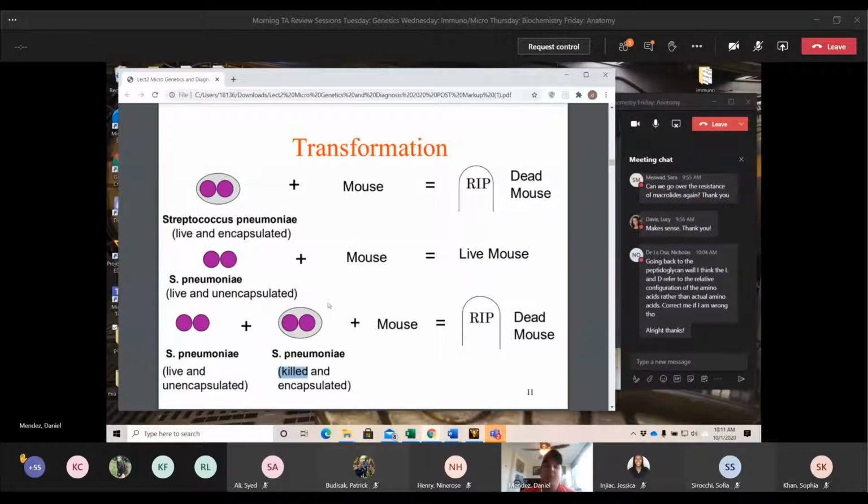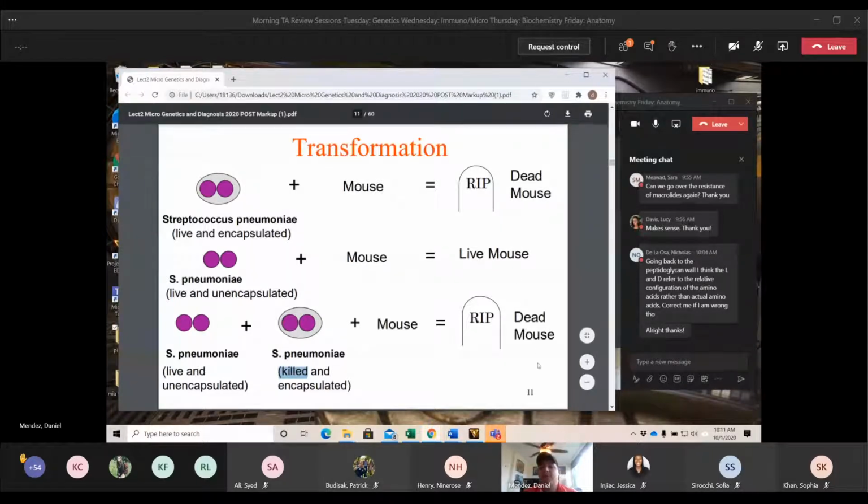Normally the mouse would survive, but because this bacteria now has access to the free-floating naked DNA of the killed pneumonia that has the DNA for the capsule, that capsule and pathogenicity island will transfer over to the one that before was not pathogenic, but now is, which will result in a dead mouse.